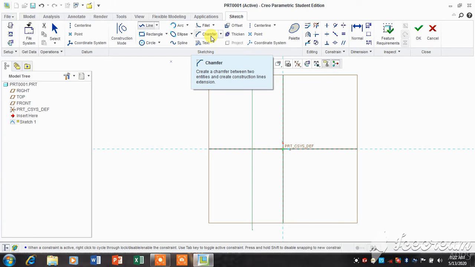By using helical sweep, we create a spring.